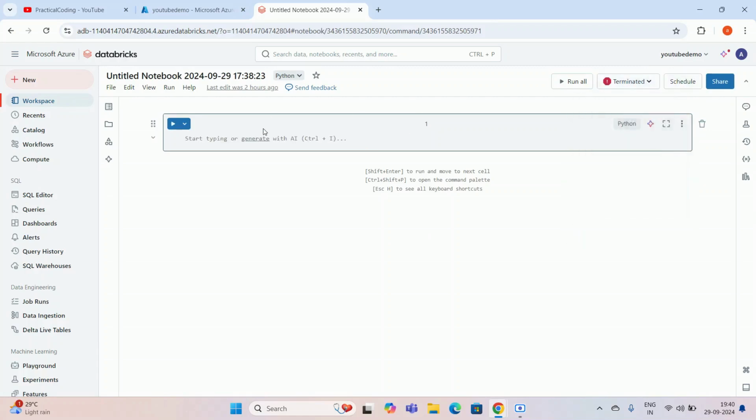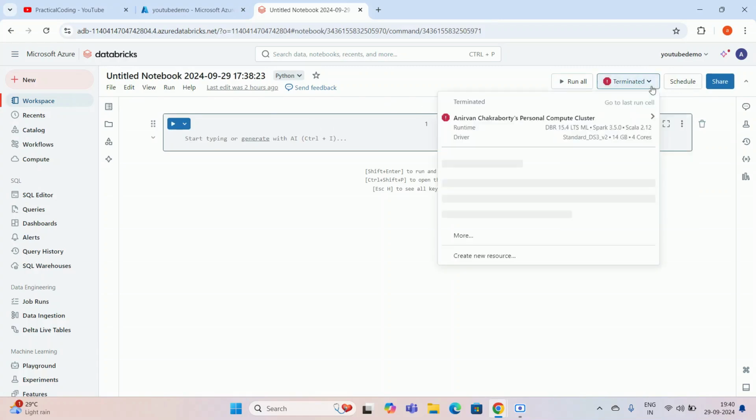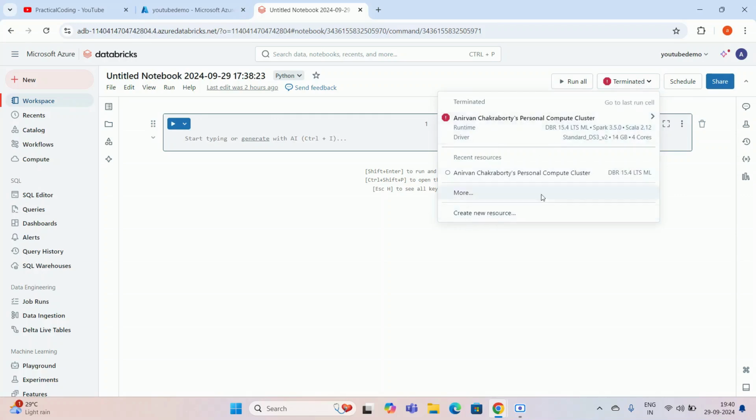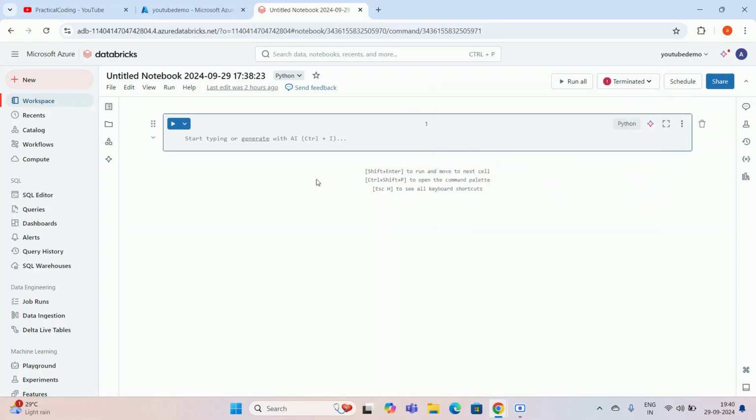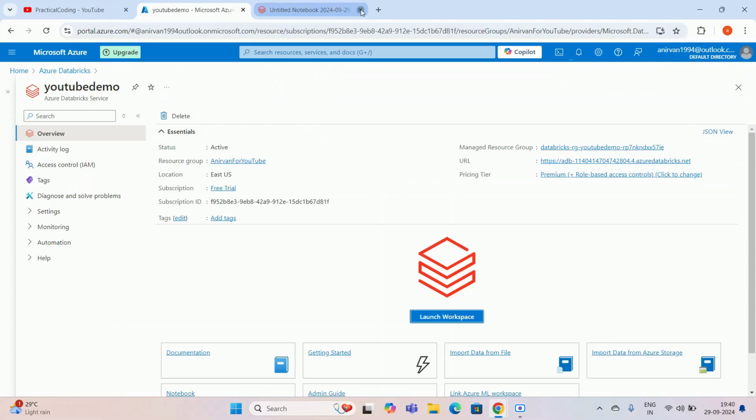Basically, to execute Python commands in this command prompt, you have to create a new resource. You need to attach that particular resource so that the backend engine will start, and you can use this as an editor, similar to Google Colab. Those things I'm not covering in this video, so I'm closing this and I'm stopping here. This is about analytics resources.